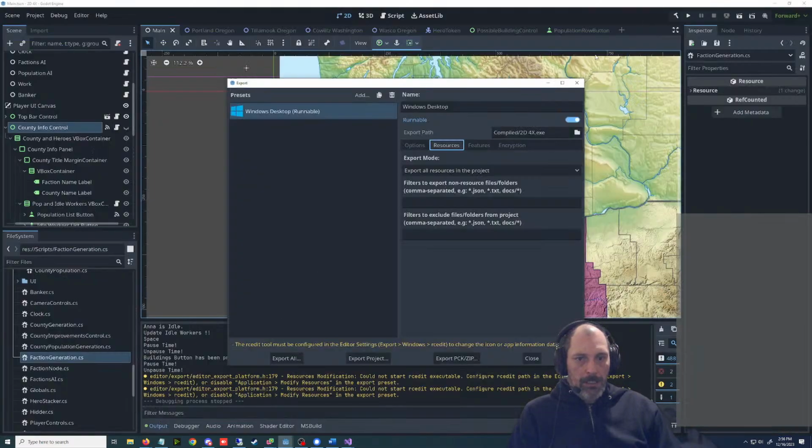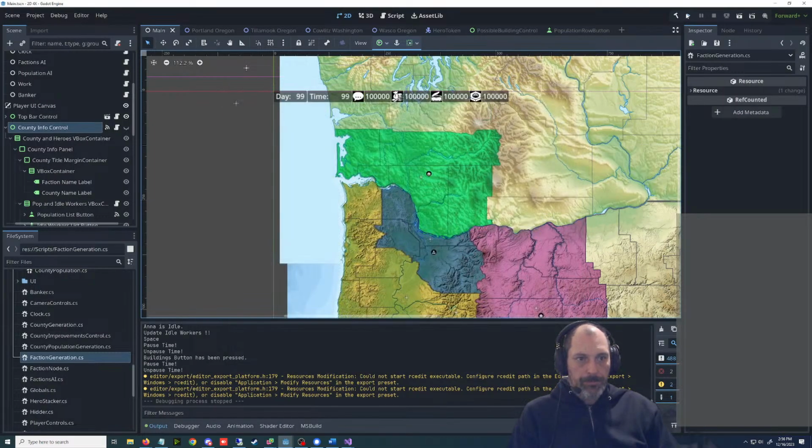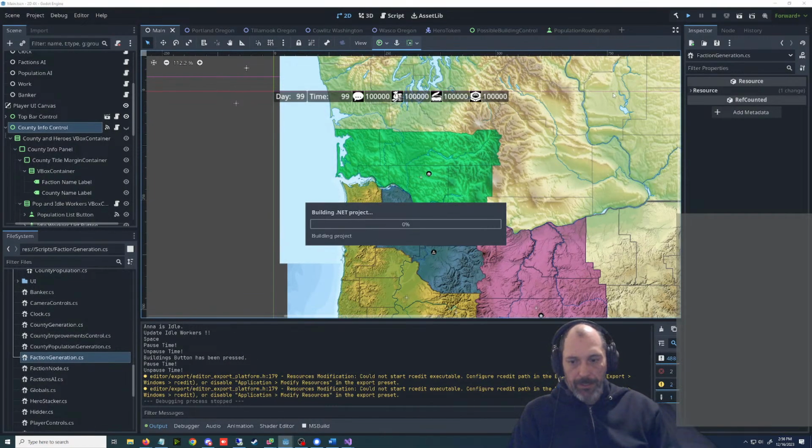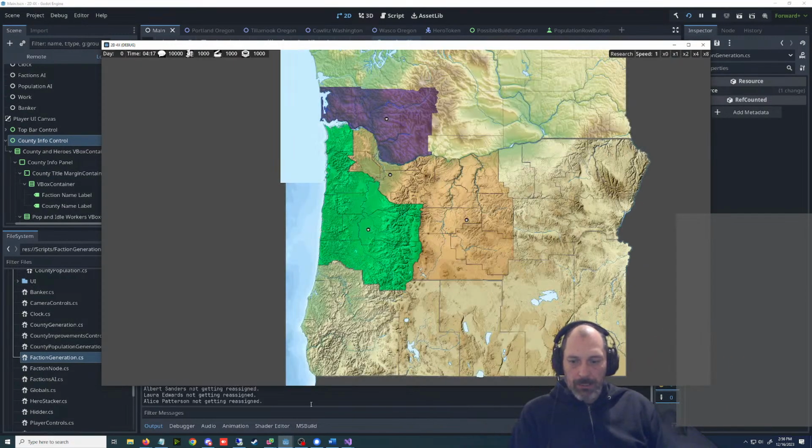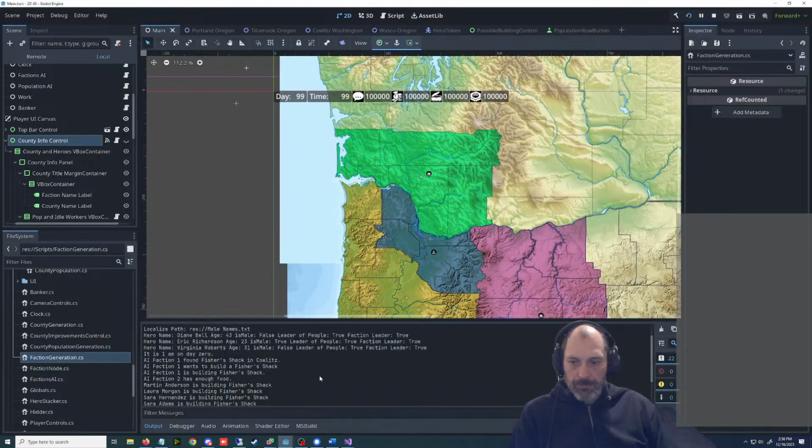And then we'll run this here. Maybe I was doing it wrong the whole time. Maybe it didn't matter that I was using the C# thing originally.